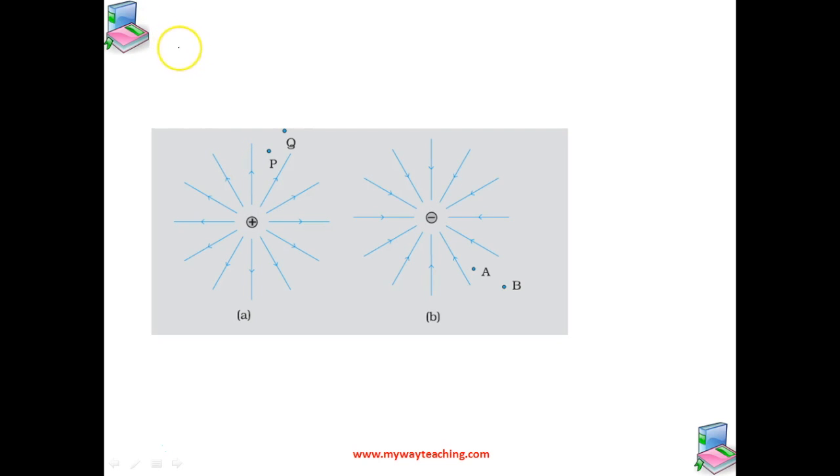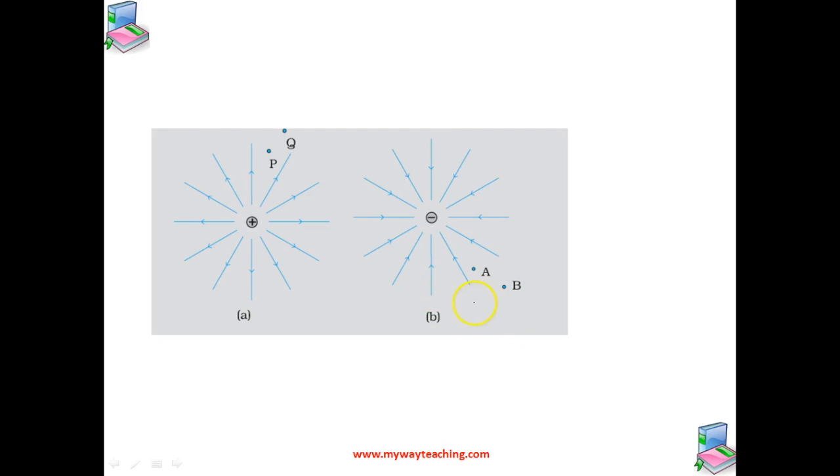Obviously, that work must be negative. And the fourth part, give the sign of the work done by the external agency in moving a small negative charge from B to A. So, in moving a small negative charge from B to A, work has to be done by an external agency,